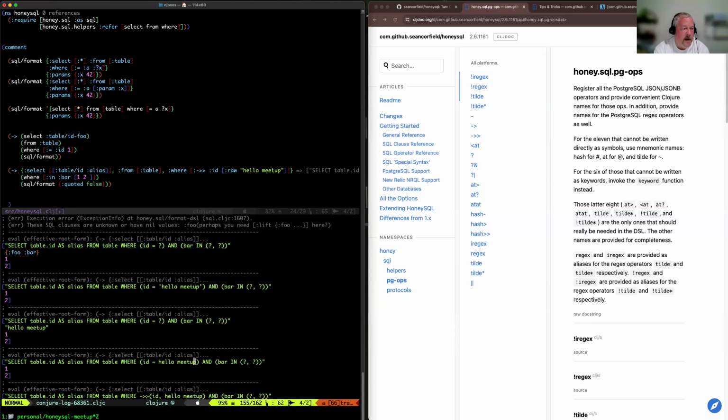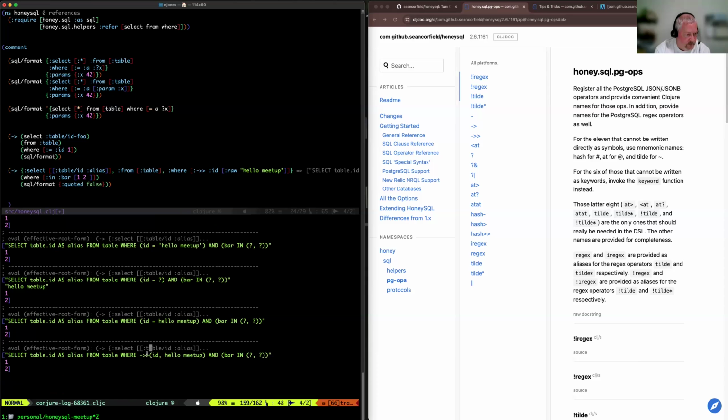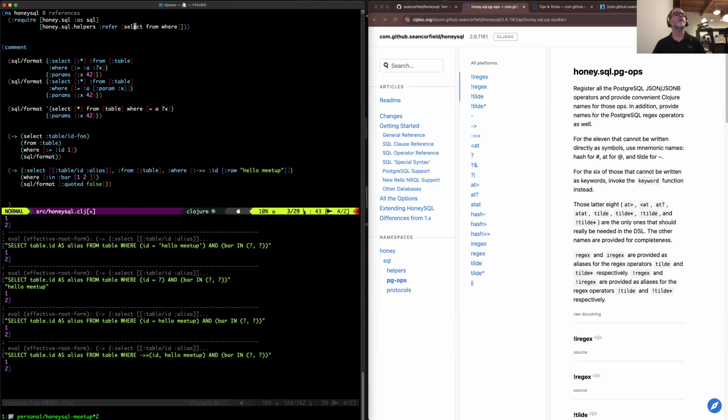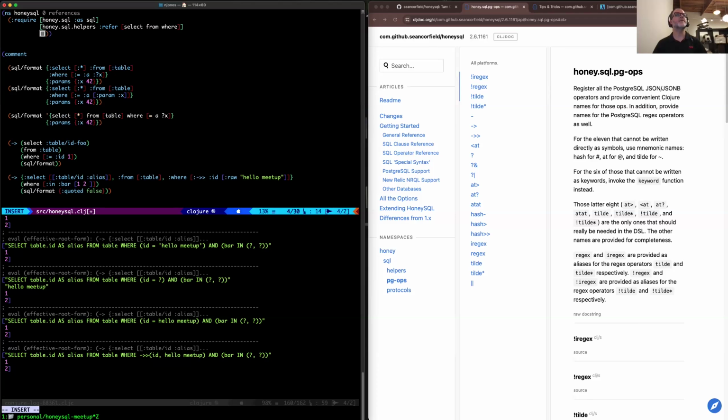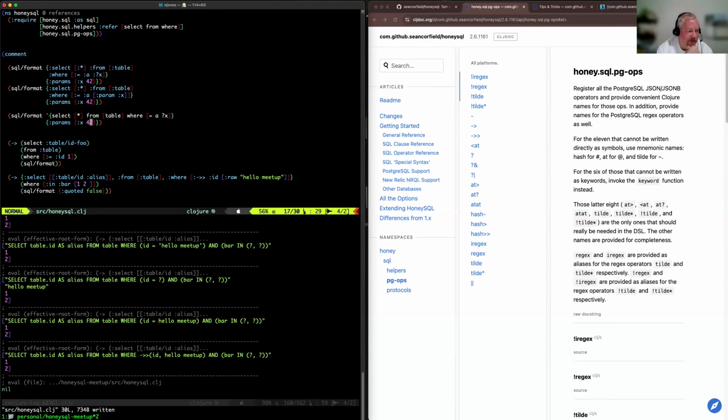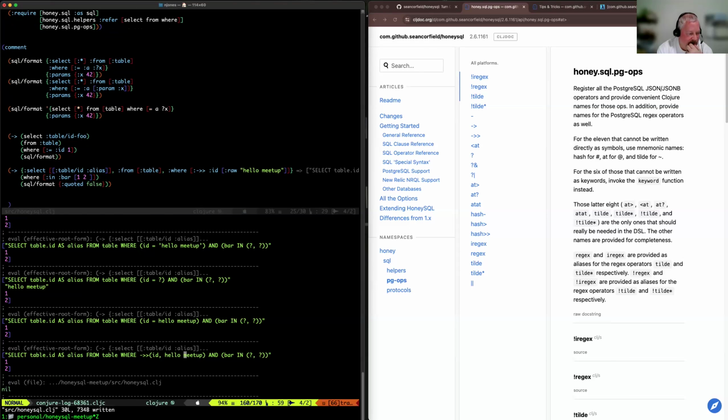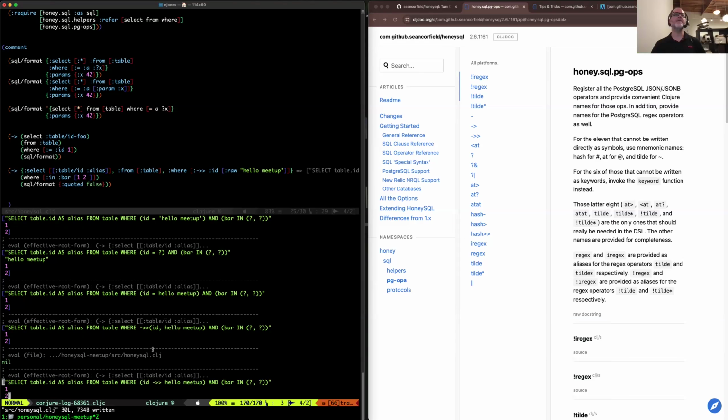Yeah, and that'll actually resolve as a function, but if you load that namespace in, oh, I gotta load that one. Yeah, I gotta opt into the complexity. Yes. honey.sql.pg-ops. You don't need to, yeah, just that alone, evaluate that, and now reevaluate your points to thing. Hey, oh, there we go. Great. I've used raw for that,